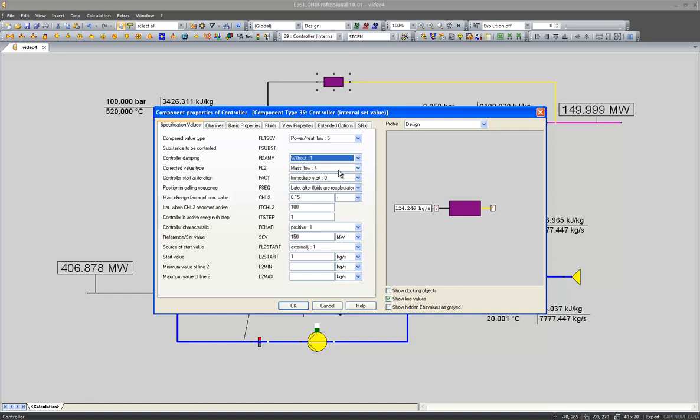Another very important specification value is the fact value, which allows us to delay the start of our controller. So we can start within 20, 30, 40 iterations after the beginning of the simulation, or we can, for instance, deactivate the controller completely. We should also pay attention to the source of our start value,